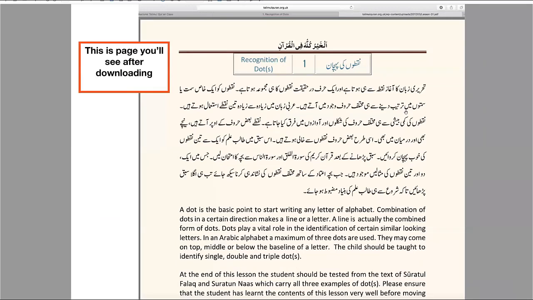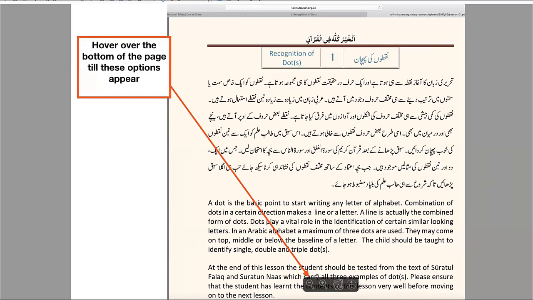Once you've done that, you'll see this page. Again, once you see this page, you may think that you've downloaded it, but the process isn't complete, okay? This is still not on your computer as yet. When you see this page though, what you do is you take your mouse and you go down towards the bottom of the page, and then you start moving your mouse around. And as you do, you'll find that all of a sudden, this little box will appear for you, okay? Once that appears, you click on the download button that's here, okay?